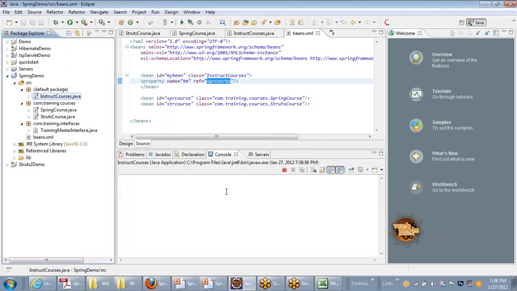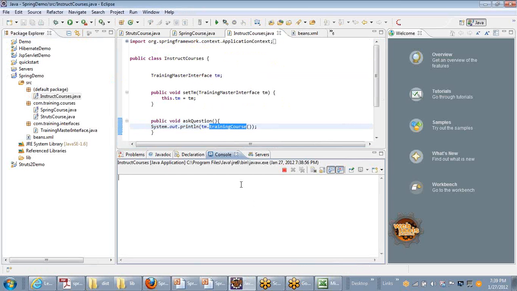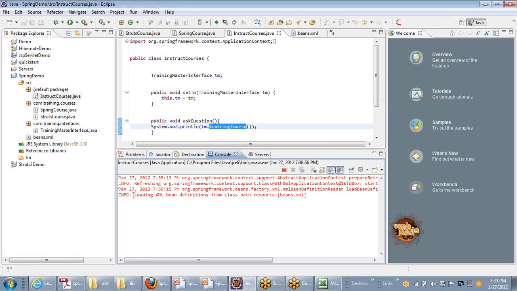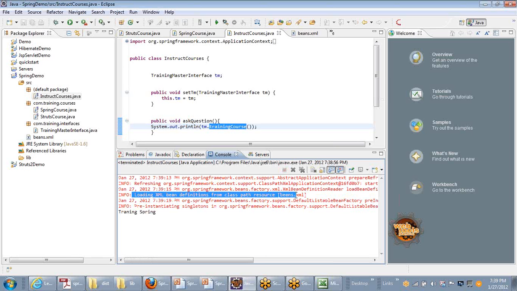If you see the messages here, it will say first that it is loading all the beans from the beans.xml. This is loading XML bean definitions from class path resource beans.xml. Right. Now it says training Spring.